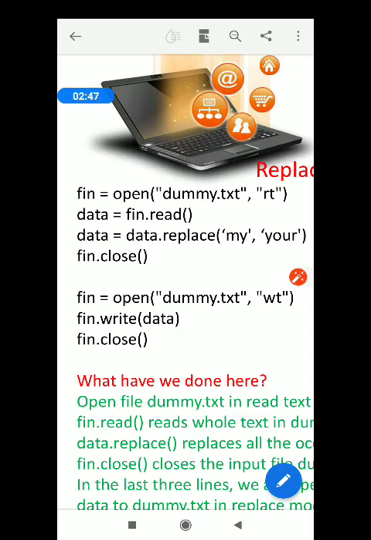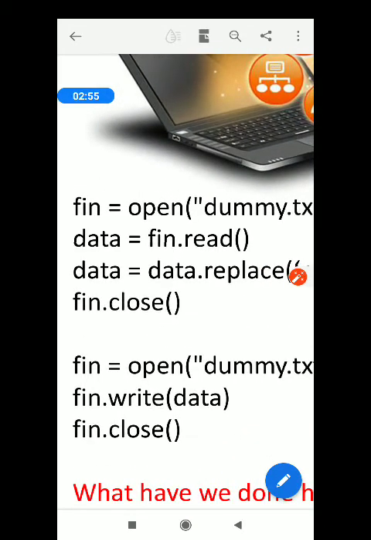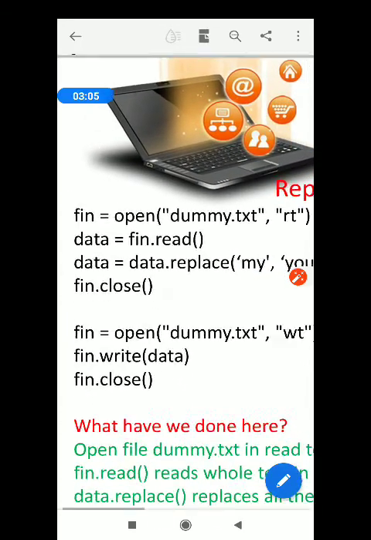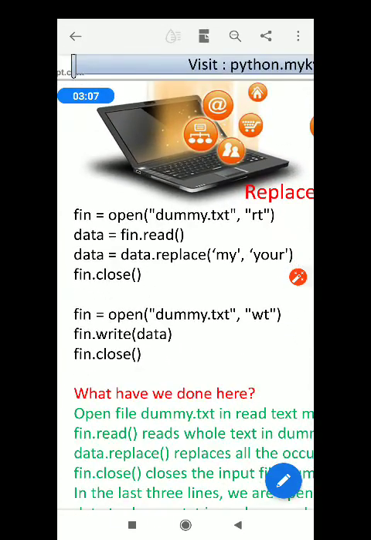So dummy.txt we will open for reading, and we are taking a data variable and getting the whole content of dummy.txt in the data string. Now in this data string we are going to replace all my's with your.